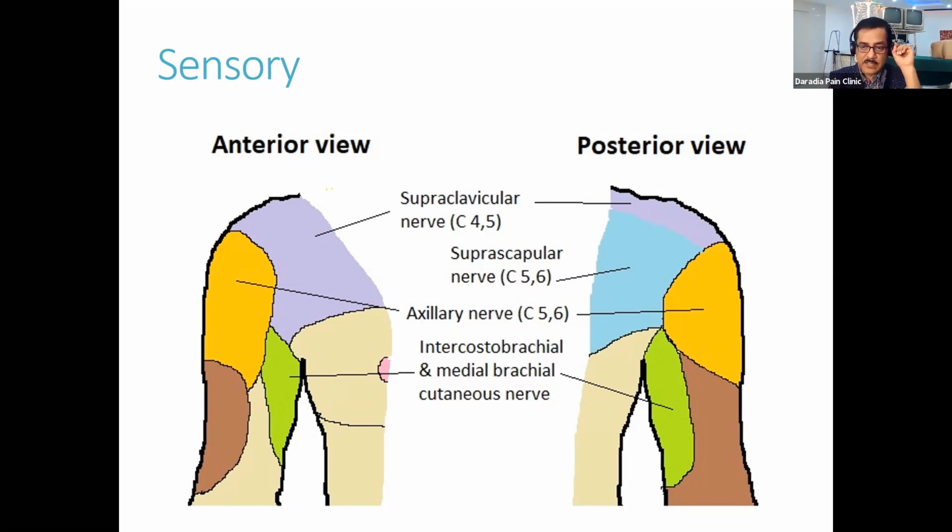But remember, this is another, the third. So posteriorly one nerve, laterally one nerve, that is the articular branch of the axillary nerve, and anteriorly another, that is your lateral pectoral nerve. So the lateral pectoral nerve also supplies the shoulder joint from anteriorly. The lateral pectoral nerve is the important nerve for the pectoralis muscle, and it gives off articular branches. We can denervate this nerve after its muscular branches have been given off. After that, we can denervate this nerve at the tip of the coracoid process. This is a very easy block.